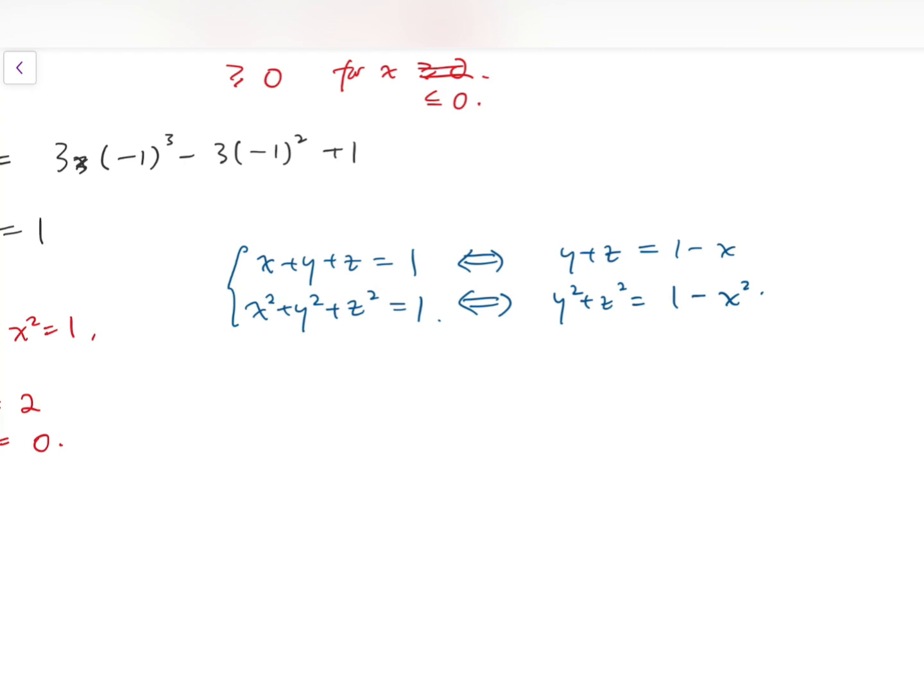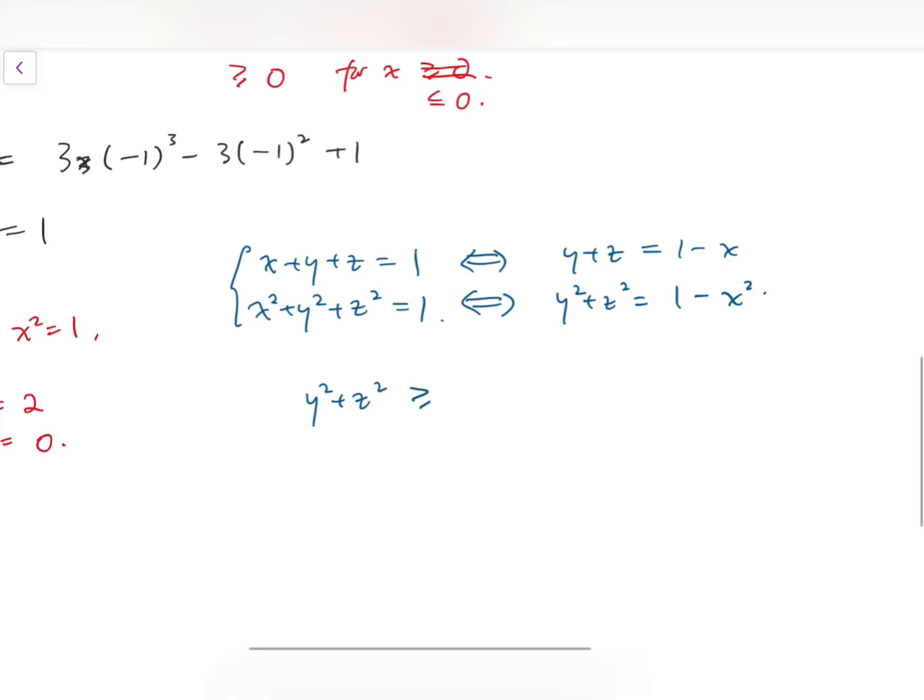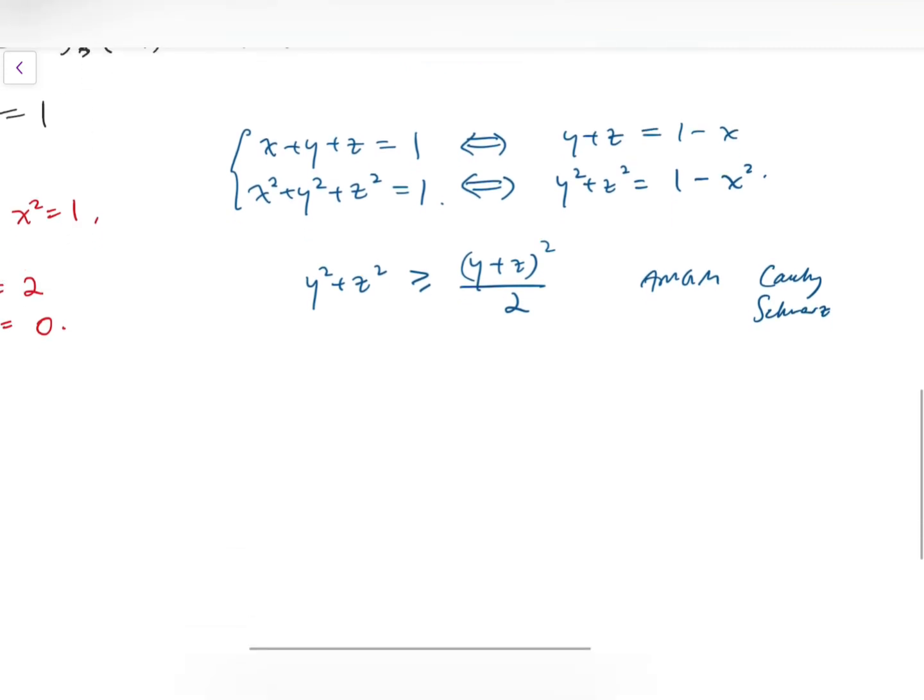And for the sum of two numbers versus the sum of squares of two numbers, I can use this inequality, which is that y squared plus z squared is greater than or equal to (y plus z) all squared over 2. This is either just by doing the difference, or AM-GM or Cauchy-Schwarz inequality,